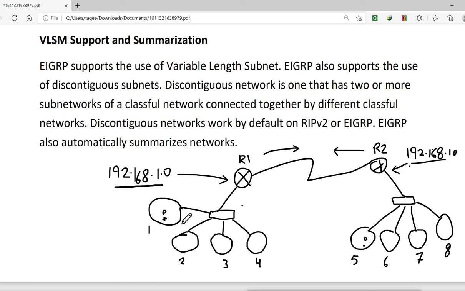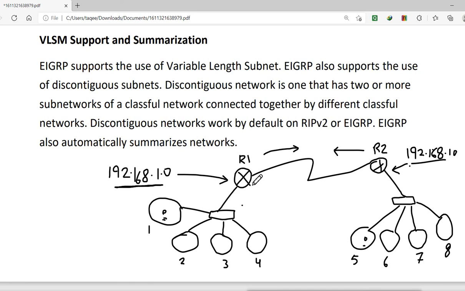Because suppose one of these 4 subnets is a flappy network, the cable is not good or it is not connected properly, so this network is coming and going, or suppose the networks are coming and going on this side.